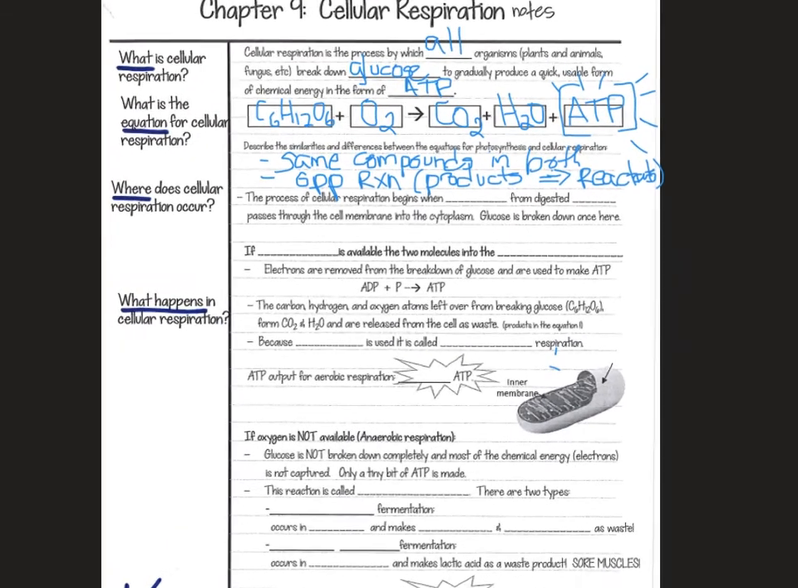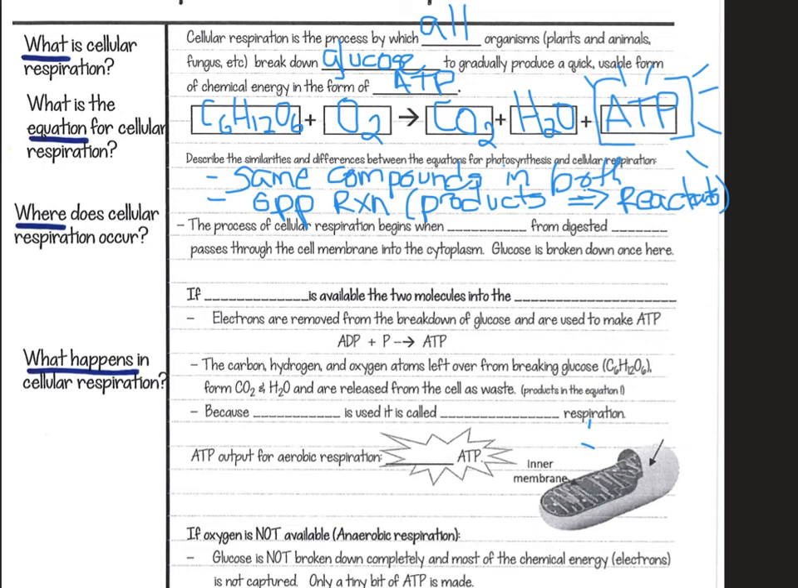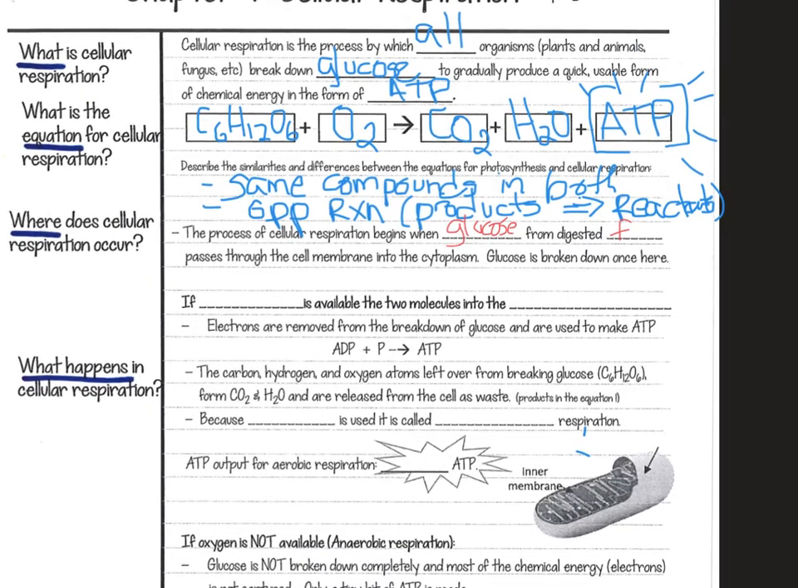The next part: the process of cellular respiration begins when blank from digested blank passes through the cell membrane. Oh, we've already heard about that. Cellular respiration begins when glucose from digested food, you could say starches, but we'll go with food, passes through the cell membrane into the cytoplasm of a cell. How does the glucose go in? Facilitated diffusion. Now the glucose is broken down here, okay? If oxygen is present or available,